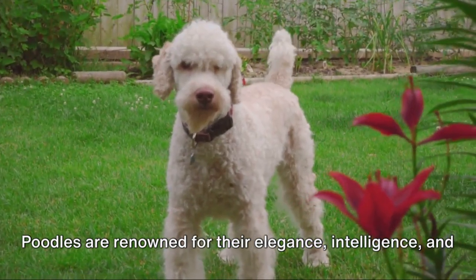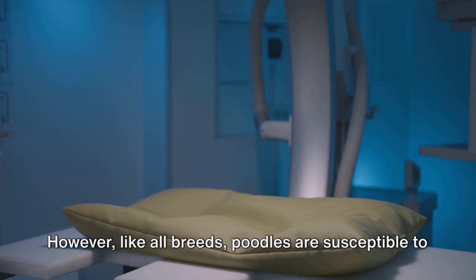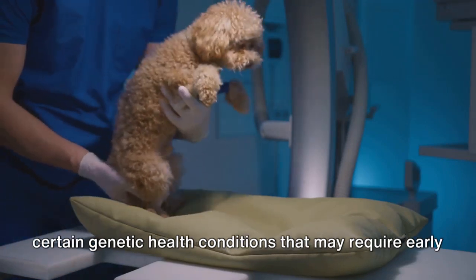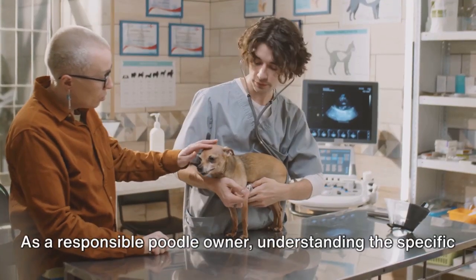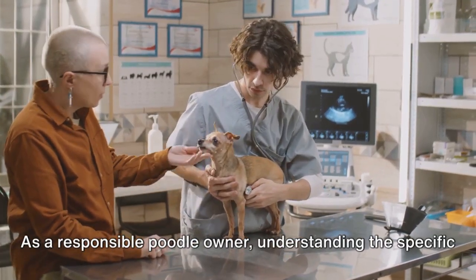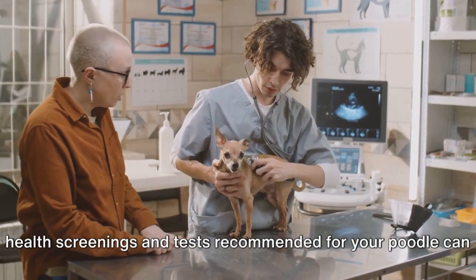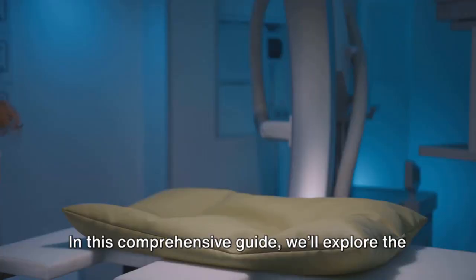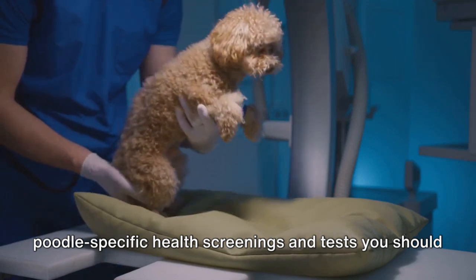Poodles are renowned for their elegance, intelligence, and overall good health. However, like all breeds, poodles are susceptible to certain genetic health conditions that may require early detection and management. As a responsible poodle owner, understanding the specific health screenings and tests recommended for your poodle can help ensure their long-term health and well-being. In this comprehensive guide, we'll explore the poodle's specific health screenings and tests you should consider